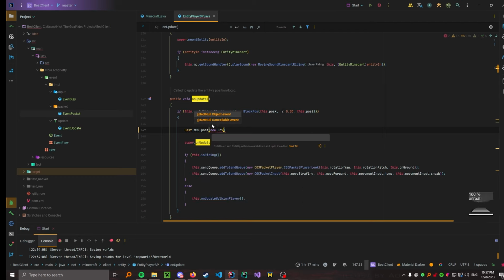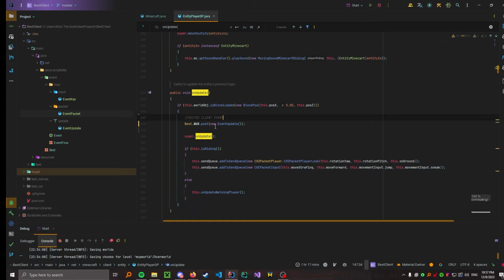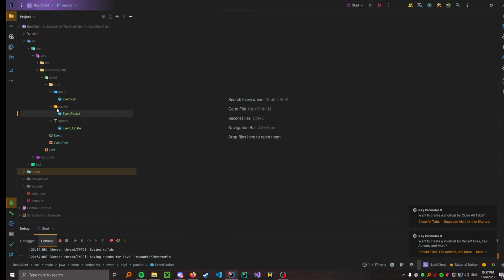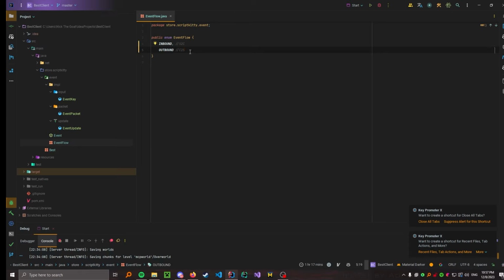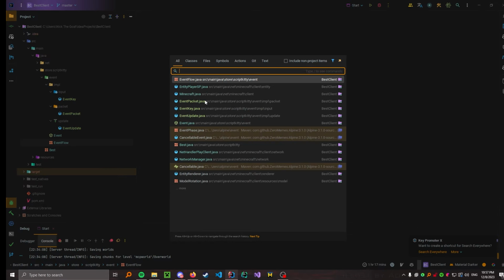best.bus.post new event update. There we go. And for good measure, just paste and edit the client event. Alright, my bad. For the last event, this is gonna get a bit more fancy, is event packet. So remember how we made this event flow enum? This is where it comes in handy. As I already explained with the server client relationship,